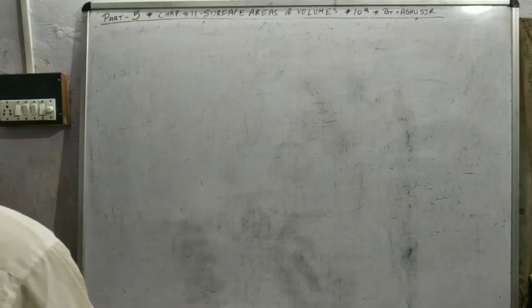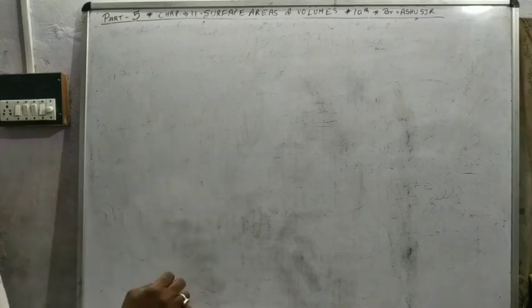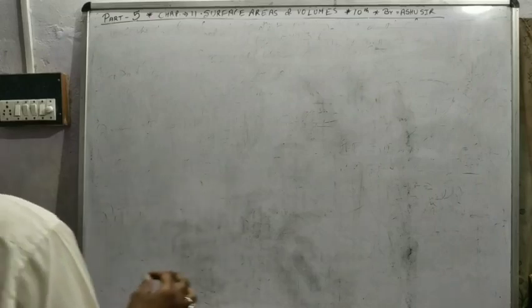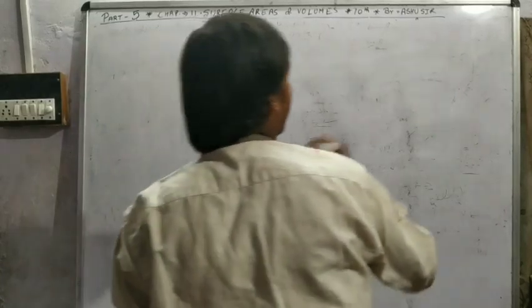First question. A trophy awarded to the best student in the class is in the form of a solid cylinder mounted on a solid hemisphere with the same radius, and is made from some metal. This trophy is mounted on a wooden cuboid as shown in the figure. The diameter of the hemisphere is 21 cm and the total height of the trophy is 24.5 cm. Find the weight of the metal used in making the trophy. Weight of 1 cm cube of the metal is 1.2 gram. That means in this question the density is given.